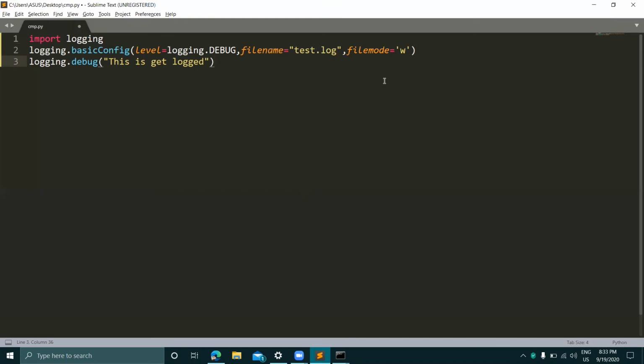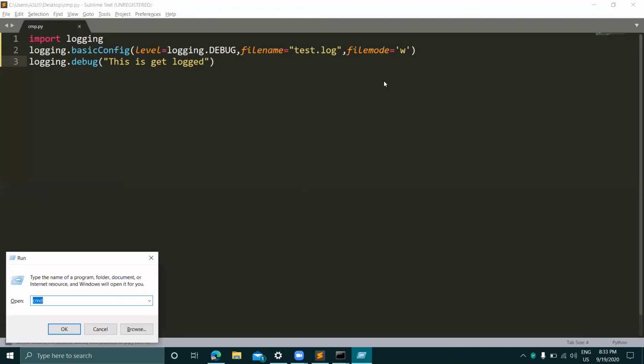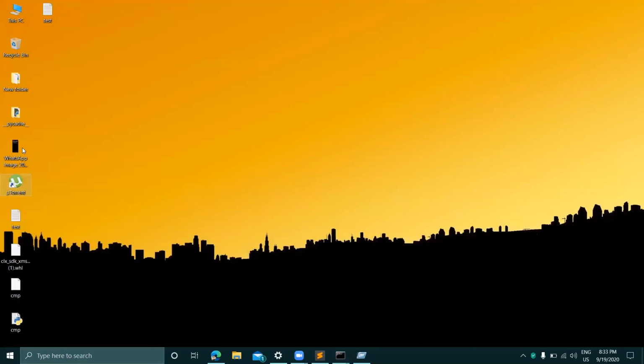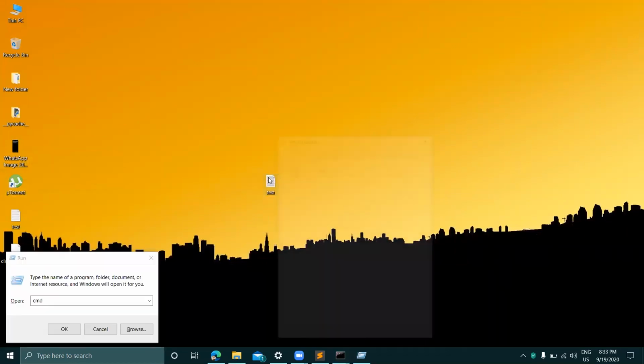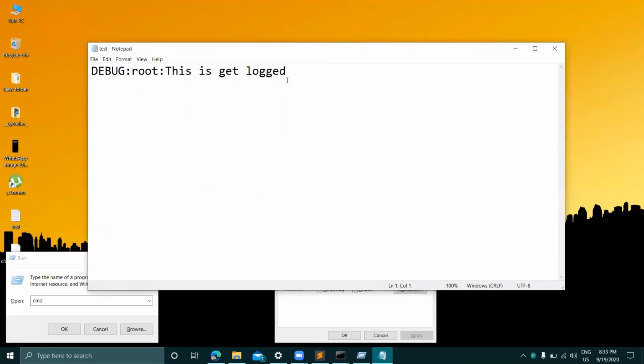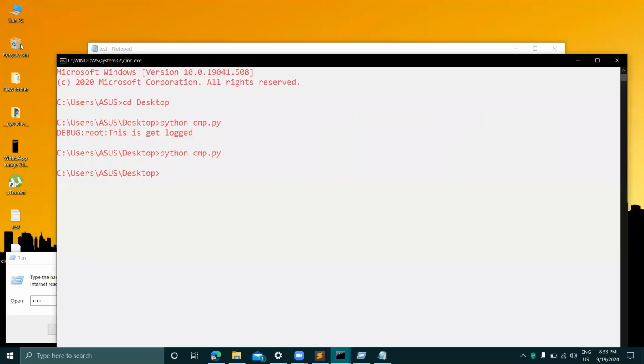Now we are using the W mode for creating the log file of this program. Okay, so let's run this program again. When it runs successfully you can see here is a log file, test.log. So check the property. You can see it is a log file. Double click on this. Now you can see the debug message is created in the file because I'm using the filename parameter.